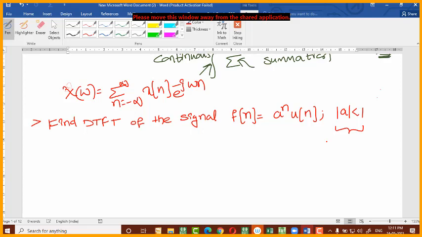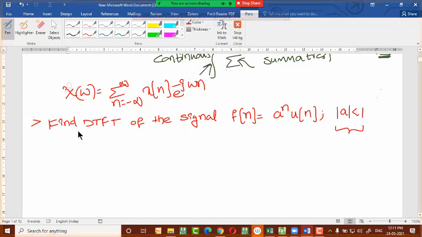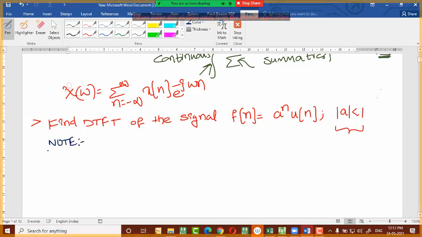You have already completed the Laplace transform. Once again, here one important piece of information I am giving. So listen carefully and write that one in your notes. Fourier series is for periodic signals.